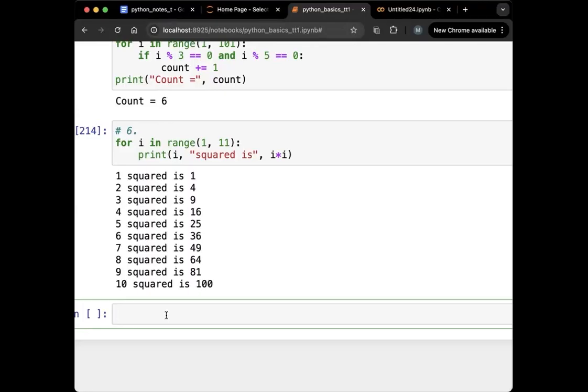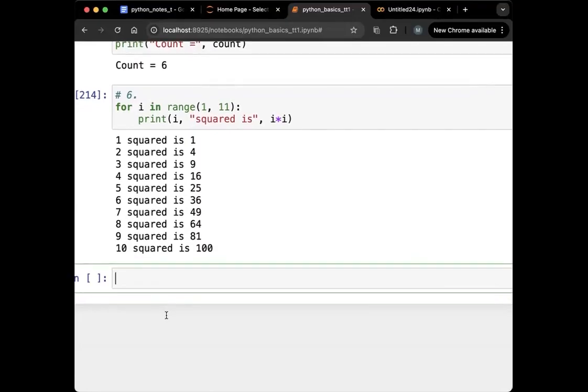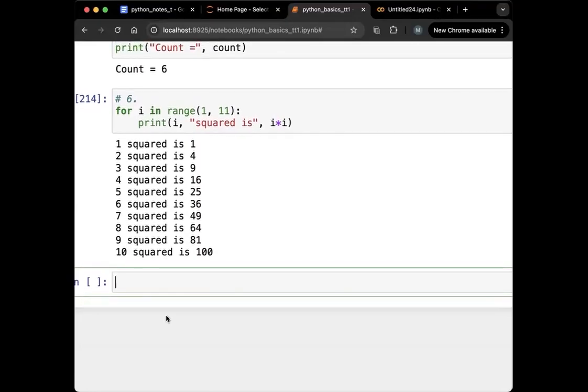Agenda for today is to complete the looping statements and move towards collection data types like list, tuple, and etc. Yesterday we learned about for loop and we understood how using a for loop we can repeat a particular action or task n number of times, right? We'll learn a little bit more about these looping statements. So we'll start with loop control statements,